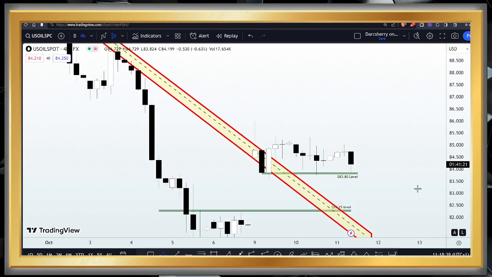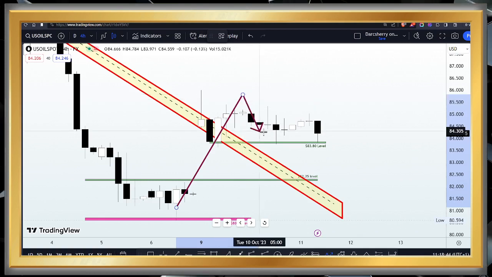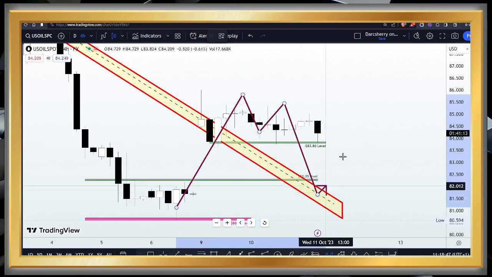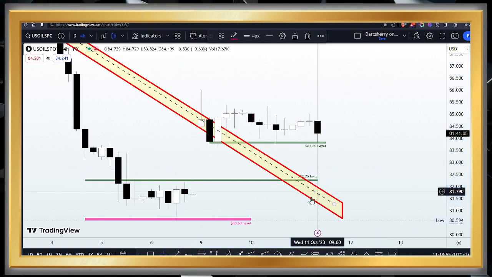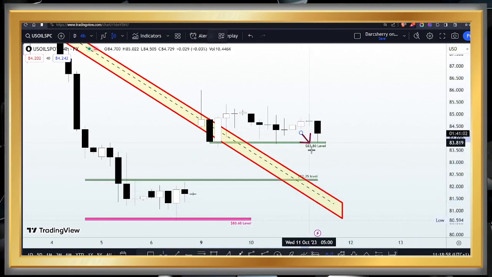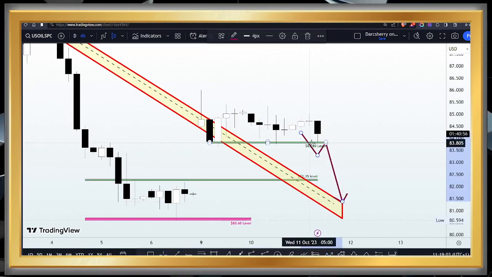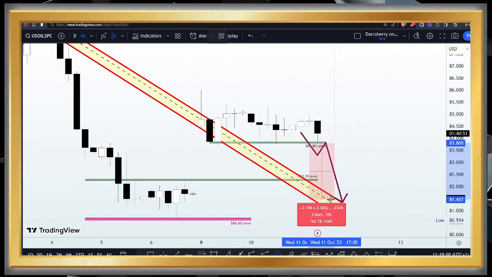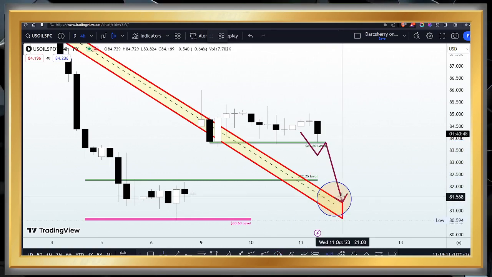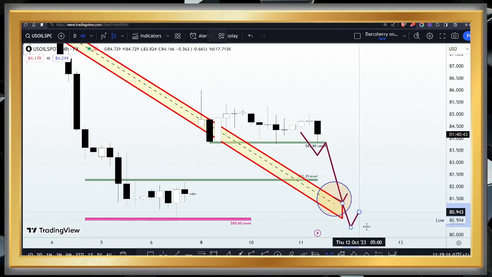But one thing that we cannot ignore here is the possibility of price coming back to retest the trend line before the anticipation of another wave of bullish momentum. And if price is going to be retesting the trend line, then we will need to see the breakdown retest of the $83.80 level, which will dovetail to about how many pips? About 200 pips minimum, and depending on how price reacts to this trend line will now determine if we are going to be joining an uptrend or getting ready to join a sell-off if price breaks down the trend line to the downside.